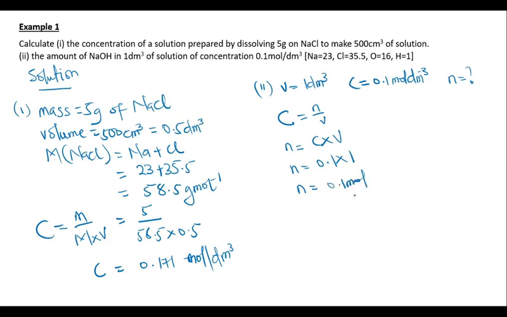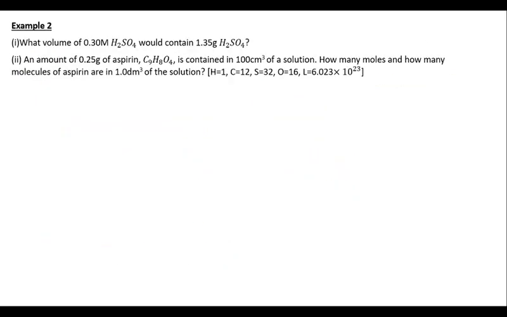Alright, let's have a look at another example. I, what volume of 0.30 molar sulfuric acid or H2SO4 would contain 1.35 grams of sulfuric acid? II, an amount of 0.25 grams of aspirin with the formula C9H8O4 is contained in 100 cm³ of a solution. How many moles and how many molecules of aspirin are in 1 dm³ of the solution,